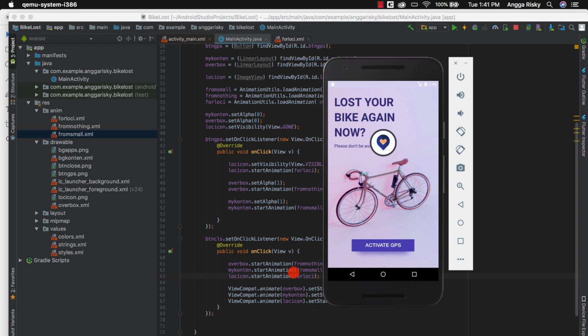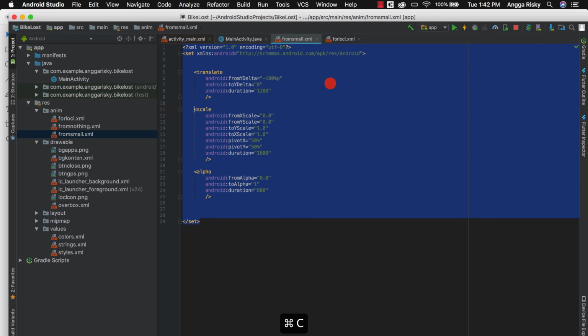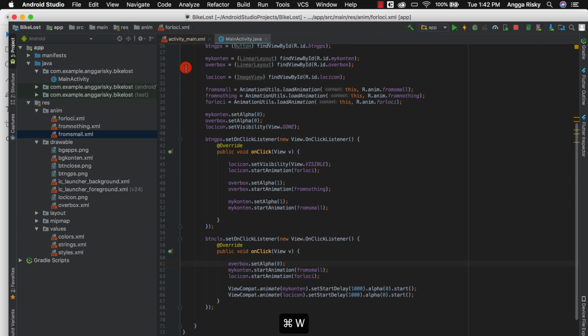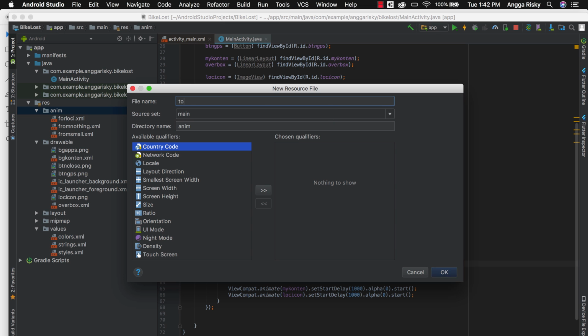So I think that we have to, so for the overbox I'm going to remove it, but here we use set alpha to 0. Okay, and the my content starts animation again, but it's different. So if you from small, just copy, and after that I'm going to create another anim to go.